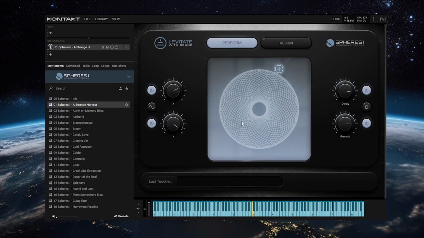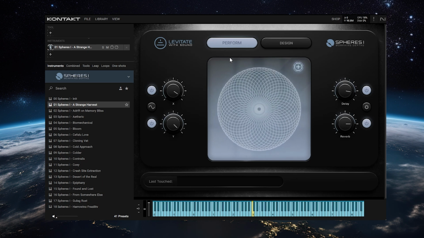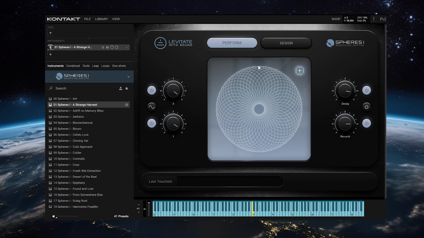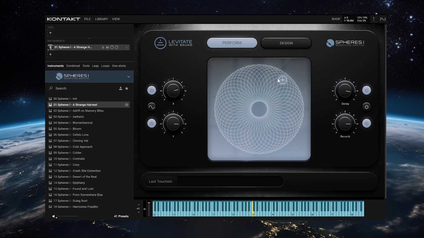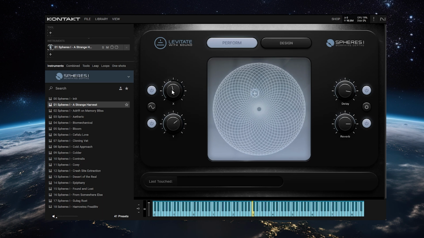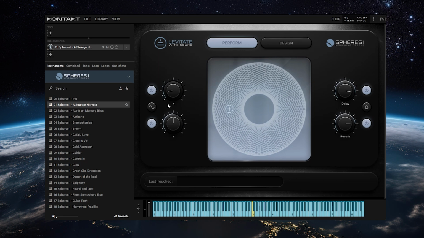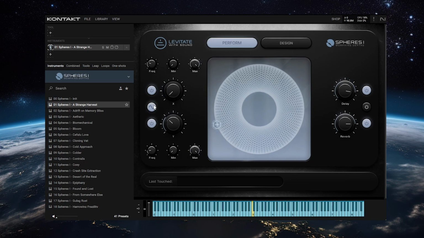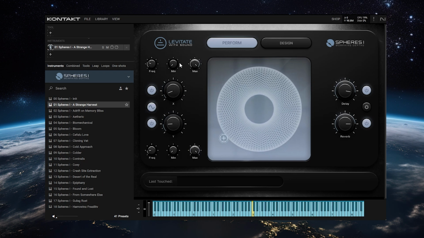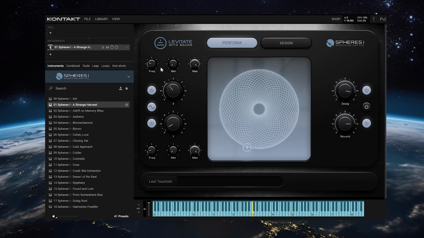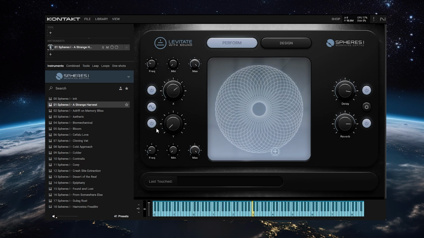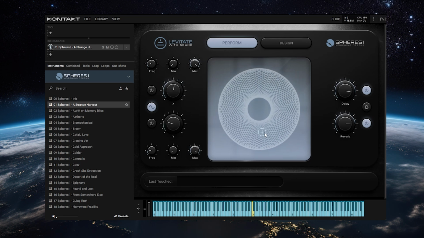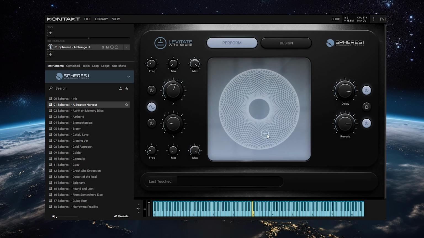Just going to turn the previews off there. In the middle, you can see this is a giant XY pad. It is a sphere. And we can see the movement going on. So the movement is controlled with the XY parameters here. And you can have greater control here as well. You can adjust the minimum, the maximum, and the frequencies as well. If you want to stop the movement, you can just turn them off and you can position it wherever you want it to be. So if I just play a chord,